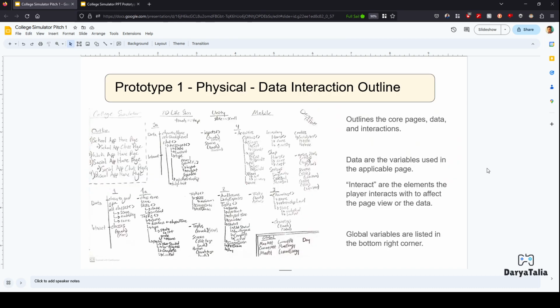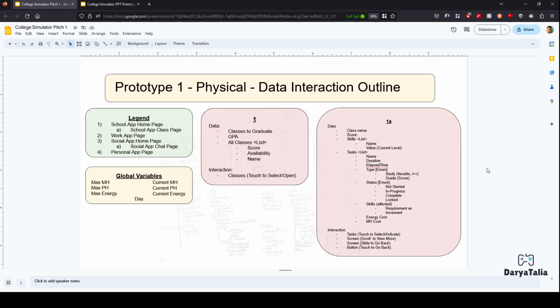Because this is so light, I went ahead and broke it down some more. So there are 4 main pages and then 2 sub pages for the home and the school app and the social app. And so I have them broken down into 1, 1A, 2, 3, 3A, and 4 for 6 total pages. The global variables are the max MH and pH and energy that the player has, that they can't go above without it upgrading,